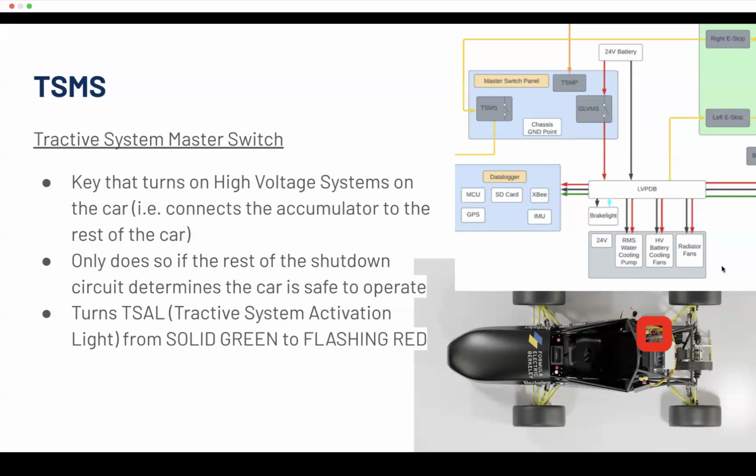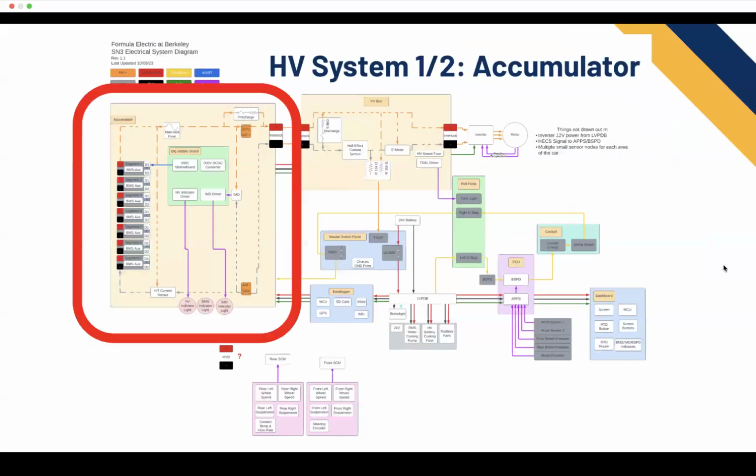All right, then let's move on to the high voltage system. So actually, let me pause again. Just anything low voltage related. Does anybody have any more questions on what we covered, or things that I didn't cover that you feel should have been covered in the low voltage section? Like I said, this is